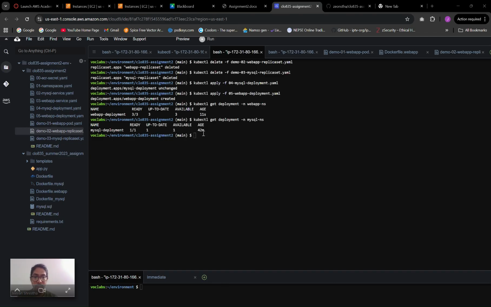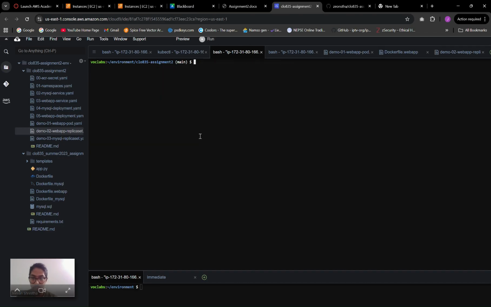Now to make the application accessible externally, I will apply the service manifest. MySQL gets an internal cluster IP service, and the web app gets a NodePort service on port 30,000. I'll test it first with the curl and then from a browser. For this, let me clear this one